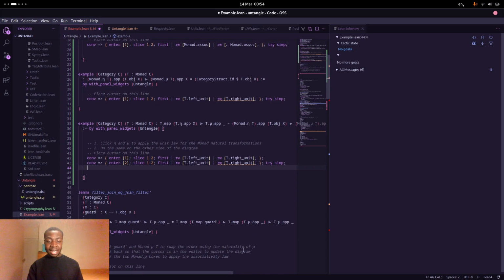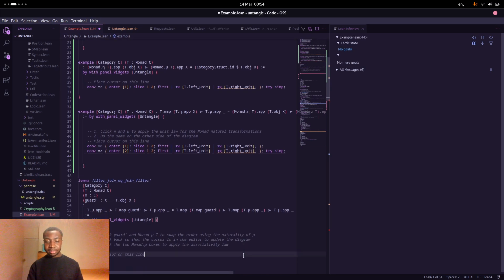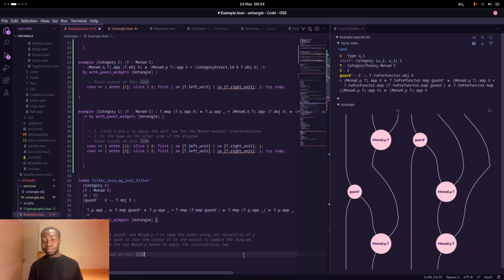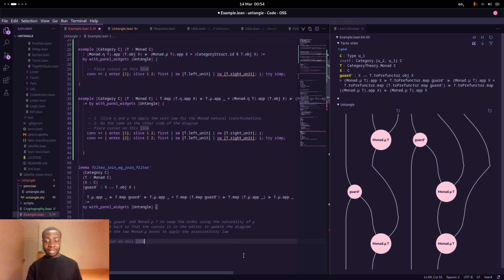Down here I have a combination of a few different monad laws to prove what was in fact a sub-goal from trying to prove that filtering after joining is the same as joining after filtering when you have a list of lists. So I have the monad mu natural transformation, an arbitrary morphism guard, and another instance of the monad